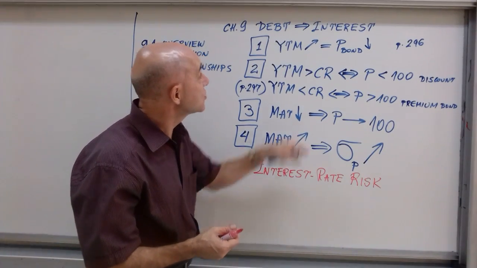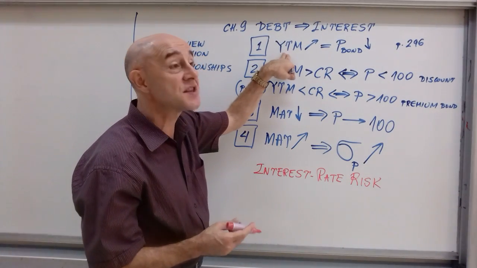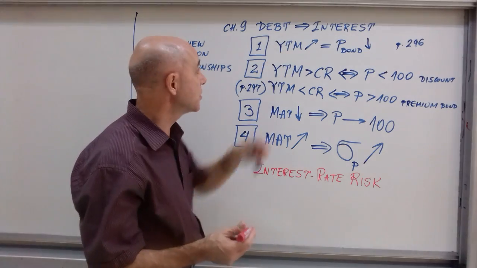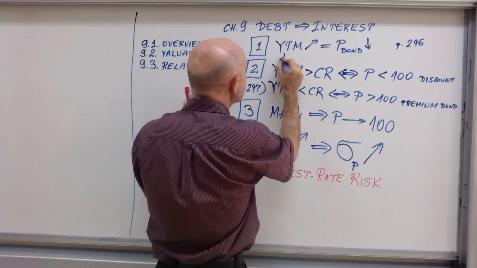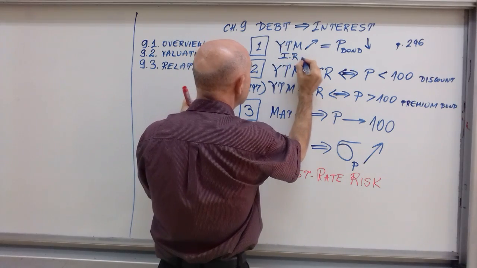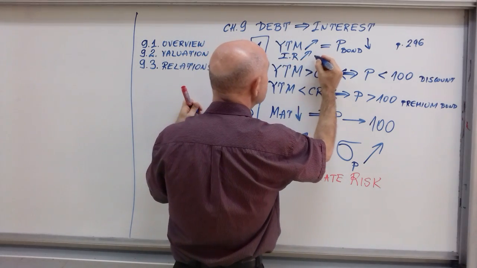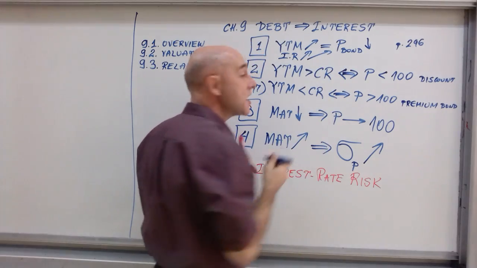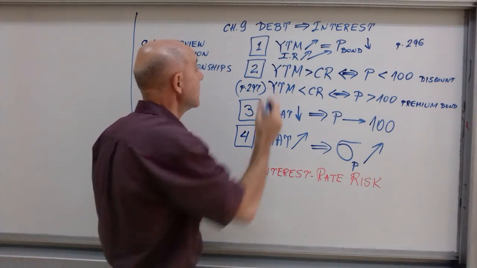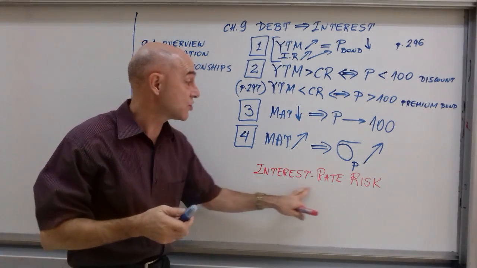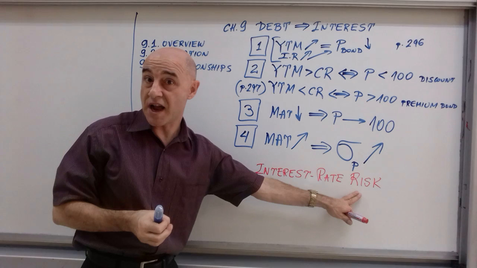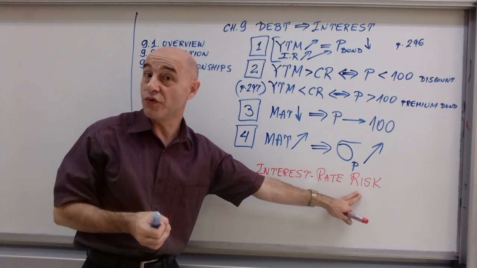This interest rate increase is the same as yield to maturity. So, here, instead of yield to maturity, I can also say interest rate rising is the same as bond price falling. These two are the same thing. So, interest rate risk is the risk that bond prices will fall